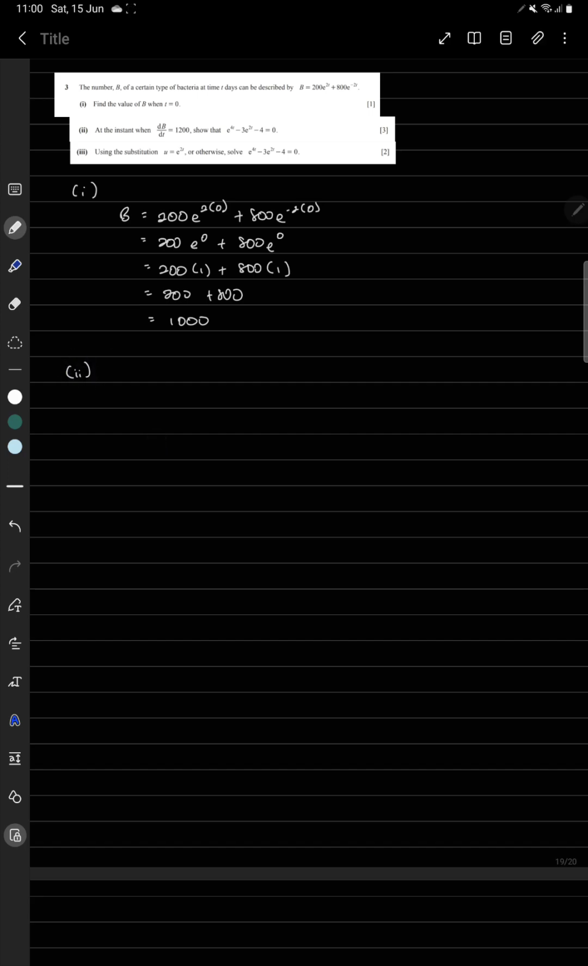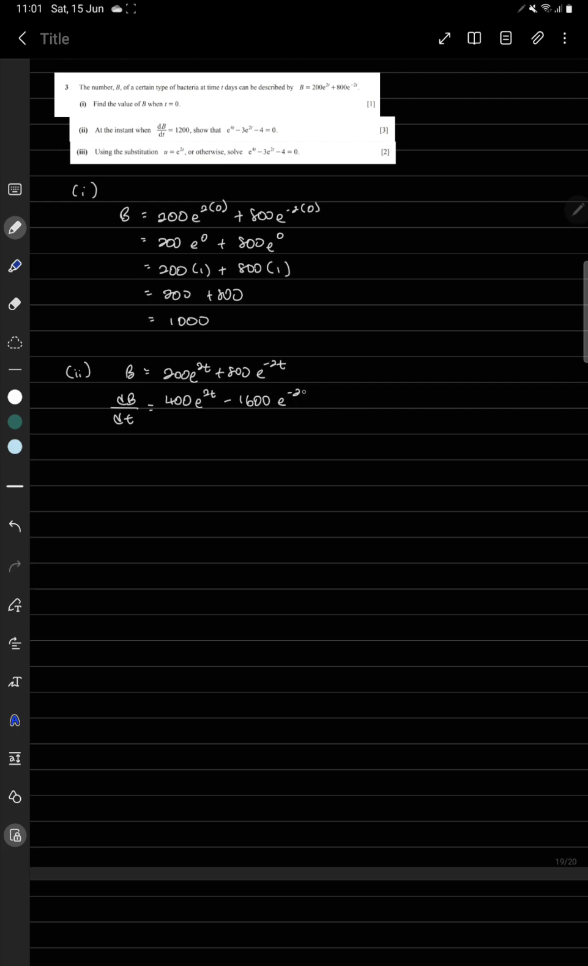So part 2, at the instant when dB over dt is equal to 1200, show the following equation. Okay, now it's given us a hint of what to do next. So they showed us the differentiation of b in terms of t, and we're going to copy the equation of b, which is 200 e to the 2t plus 800 e to the negative 2t. Okay, then what we're going to do is differentiate this in terms of t. So we have dB over dt, which is equal to 2 times 200, that's 400 e to the 2t, plus, sorry, it's going to be minus